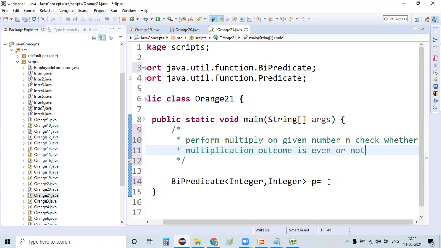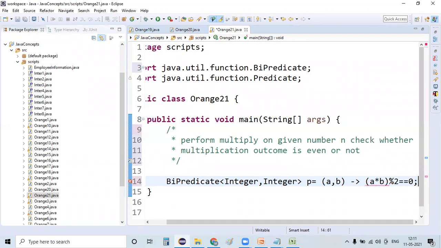That's so simple. So a, b are the values that you need to pass. I'm replacing it with a lambda expression, a * b, which multiplies those two values, and a % 2 == 0, if this is satisfied.